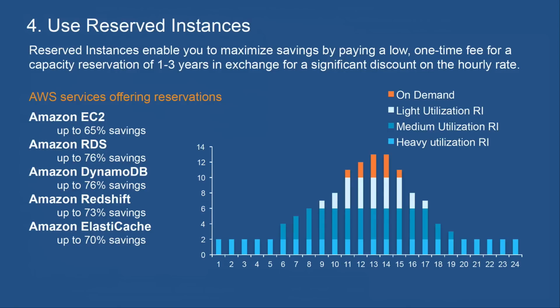And fourthly, also in the compute area, you might want to consider using RIs. Well, in fact, you should definitely consider using RIs if you have steady state workloads. That's a reserved instance, by the way, in RI. And what this allows you to do essentially is to pay an upfront fee and reserve capacity for a 1 or 3 year period. And in return for paying that upfront fee, you get a significant discount on the hourly rate for the instances.